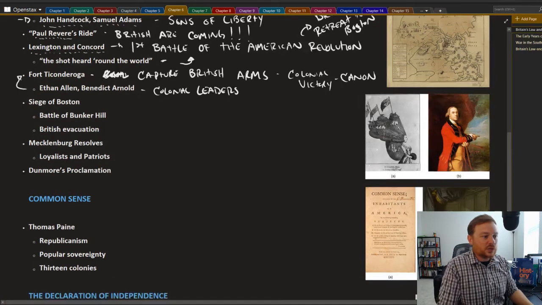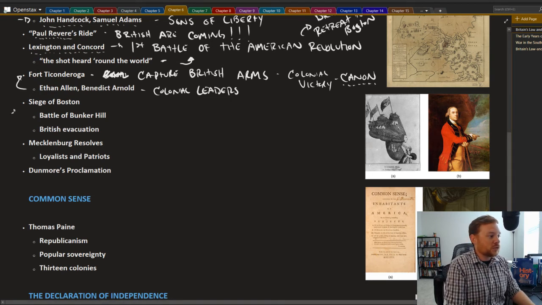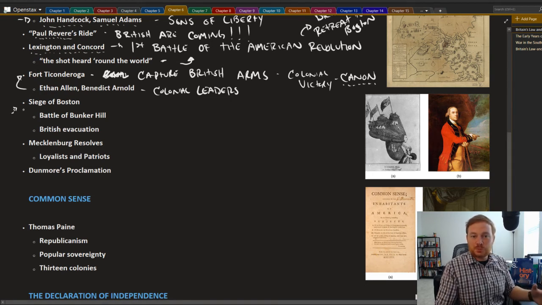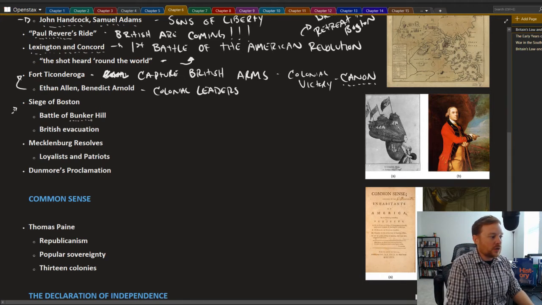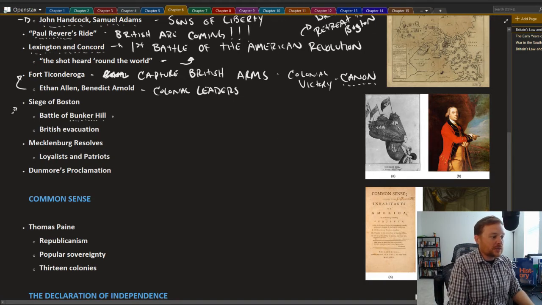After successfully capturing British arms, those were taken to Boston, in which the British position was sieged. The colonists put themselves up on a hill on a defensive position. The British attacked. This conflict was known as the Battle of Bunker Hill. It was a very bloody and costly battle